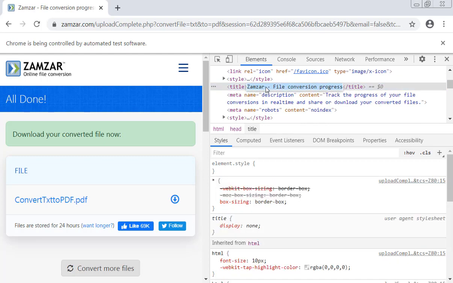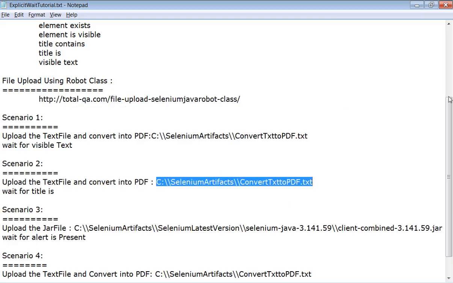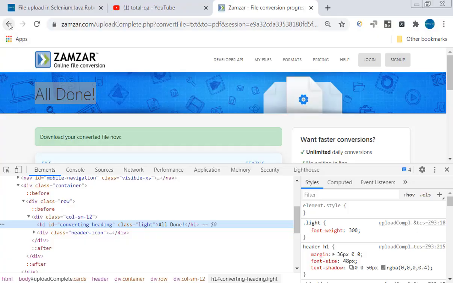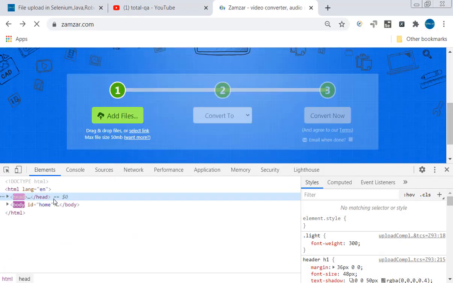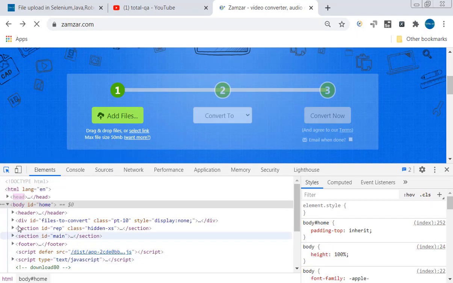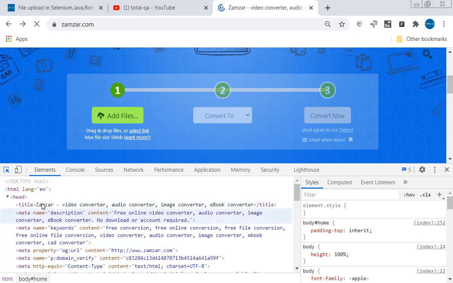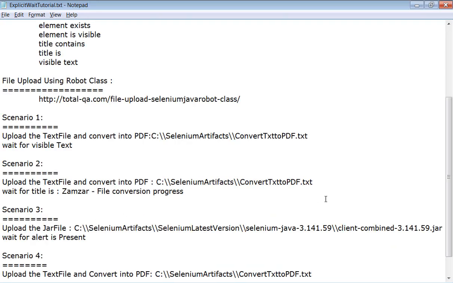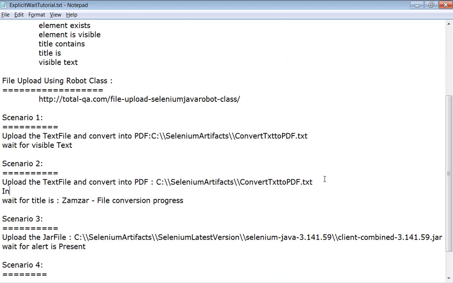The title is here: Jamjar file conversion in progress. This is the title we are validating now. Wait for the title to be this one. But if you look into the website, when you open jamjar.com, the title is different. You can check. Place a mouse over. In the head section, the title will be there. This is the initial title of the page.